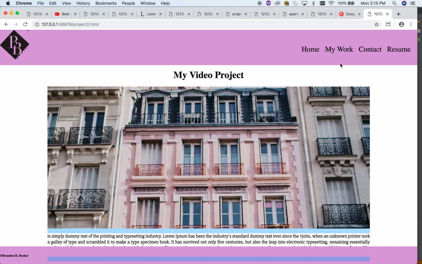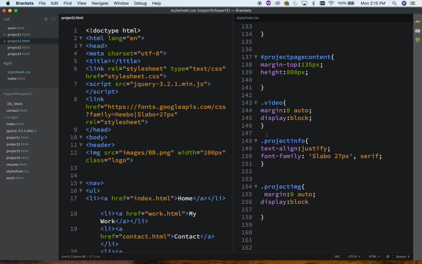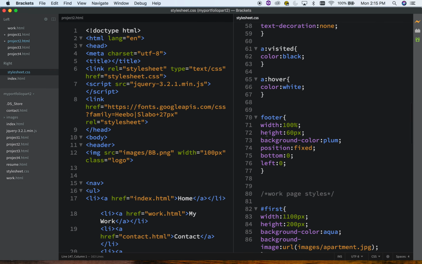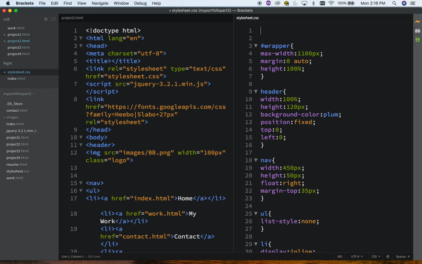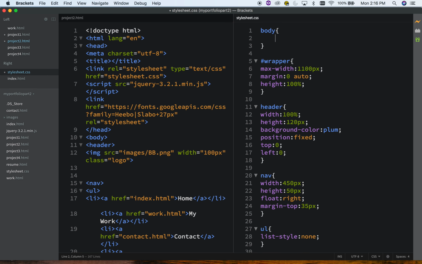Let's say you want to add it to your whole page. That's fairly simple too. Now what I'm going to do is come all the way up to the top. And if you remember, the first week of class we talked about the cheeseburger model, excuse me, and I drew that wonderful cheeseburger on the board. What you're going to end up doing is you're going to say body. Remember, body is everything that we see. And then you can go in and paste that in. And if I hit save,